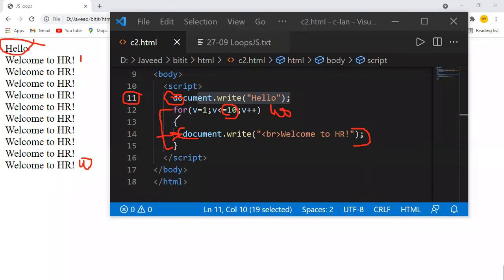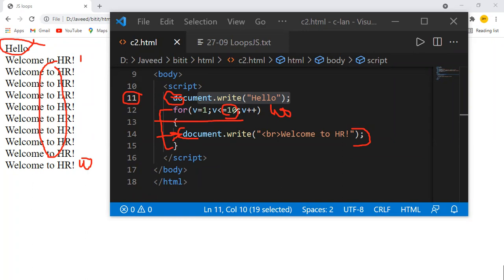In the earlier case, let us say that you are not using loops. Then if I want to get the same output, I have to write the command 10 times. Now let us say that you want to get 100 times. Then you have to repeat these commands 100 times. Now instead of that, by using a loop, one simple thing I'm going to change here is v less than or equal to 100.